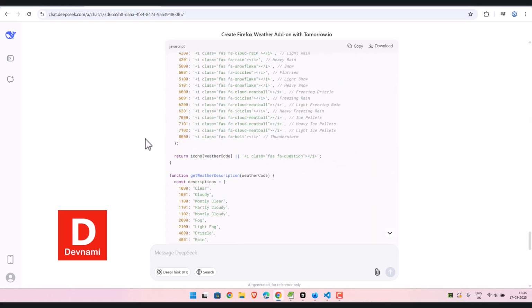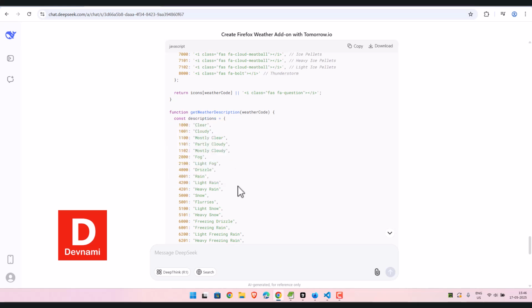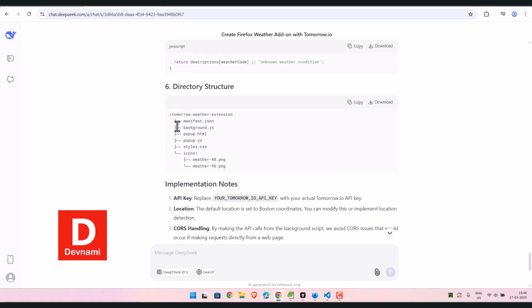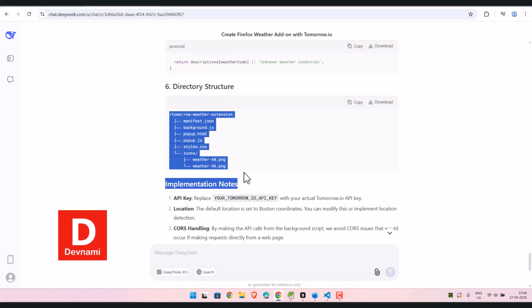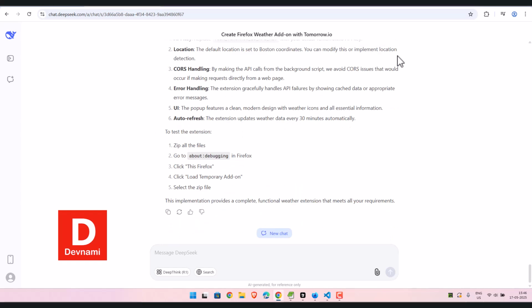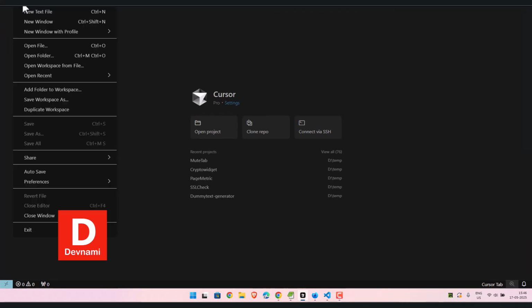And here you can see these are all weather codes, so they will be read, and based on that a status will be given. This is the directory structure and a few weather PNGs. I can search for weather related icons in the meantime. So I will copy this PRD, and if we go into the folder